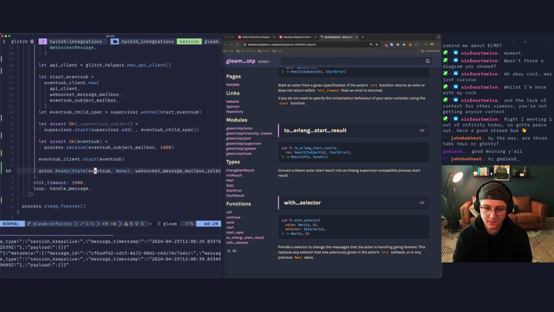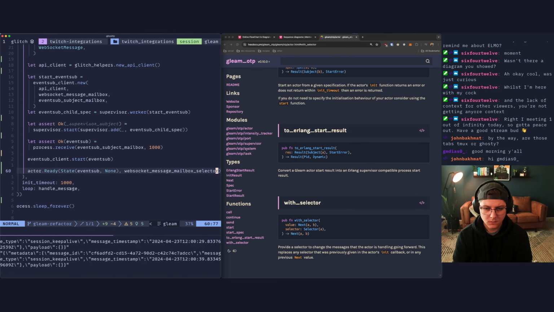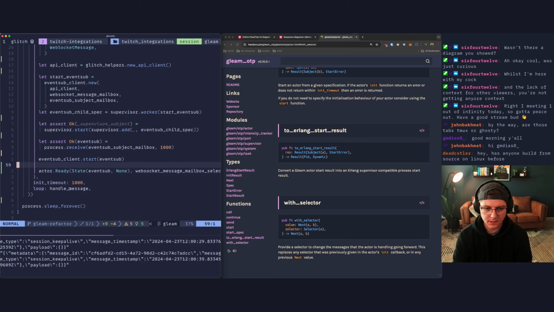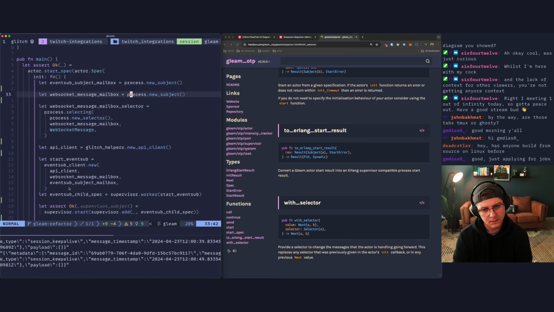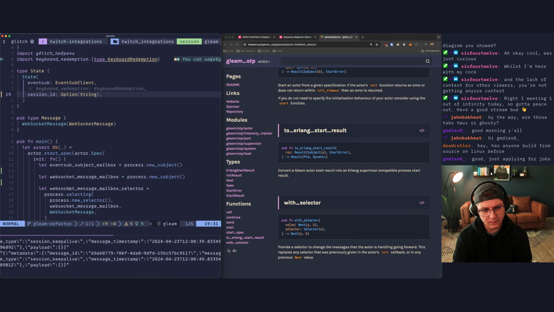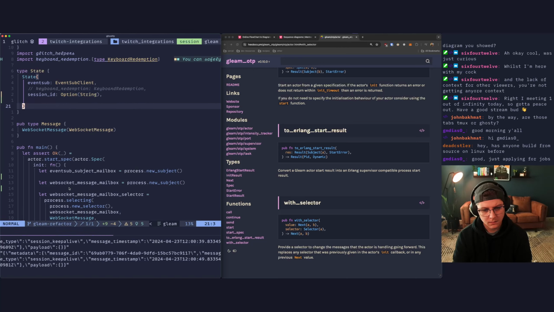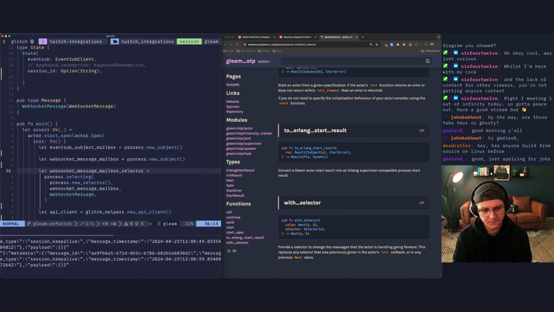We could put the selector. WebSocket mailbox selector. We could just put that selector on the state. Yeah, why not? I don't think that hurts anything. So let's just come here.